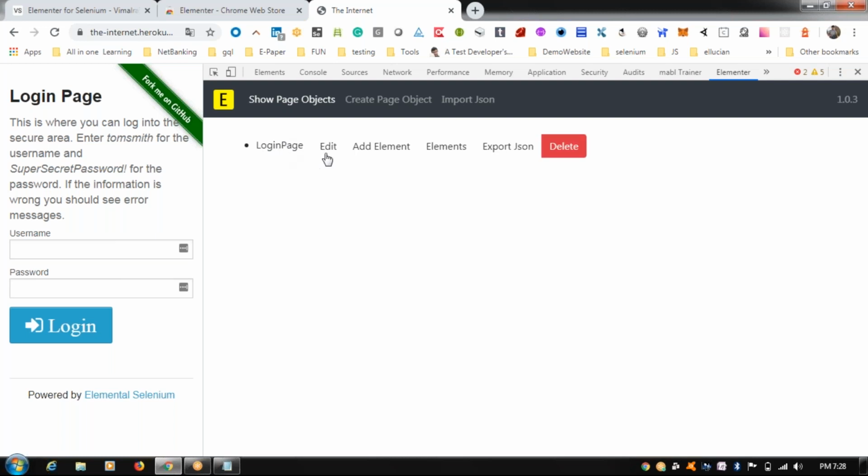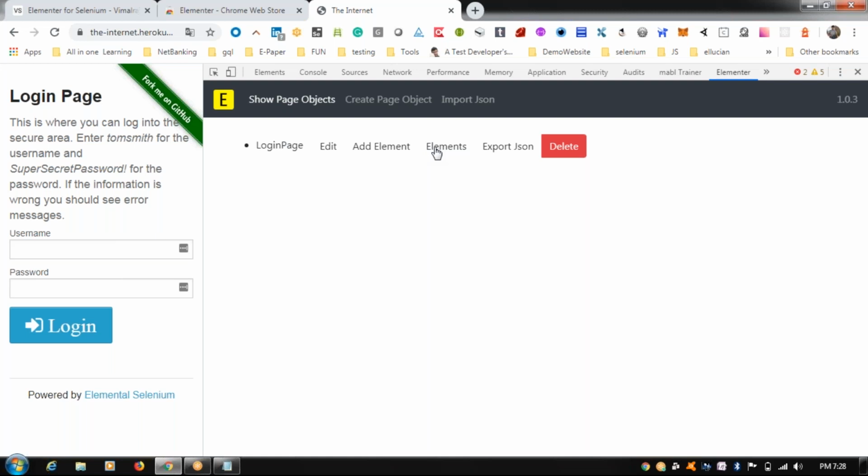Click on that. Because the web pages are designed and there will be dynamic changes from the developers, there is a feature to edit it in future, and we can add more elements, because as long as we are working on agile methodology, we will be getting change requests, right? There is a mechanism to add the elements, and if you like to export all the things as a JSON file, feel free to click on this button. And if you feel like this page is no longer valid, you can click on this delete button too.